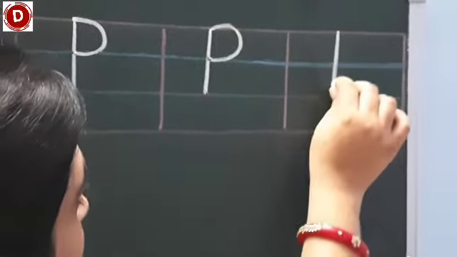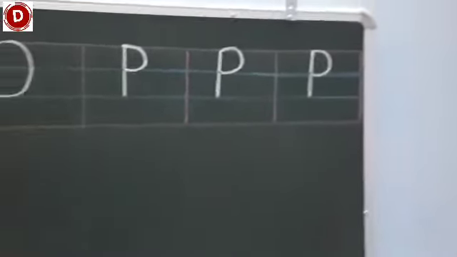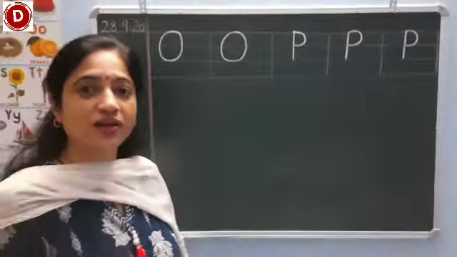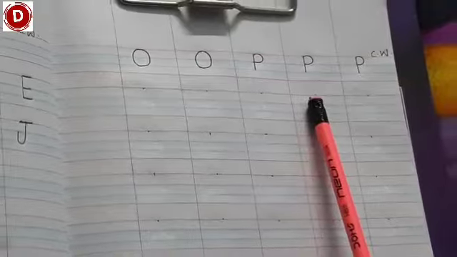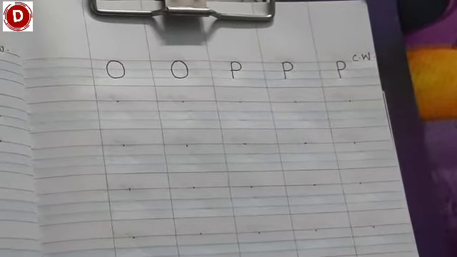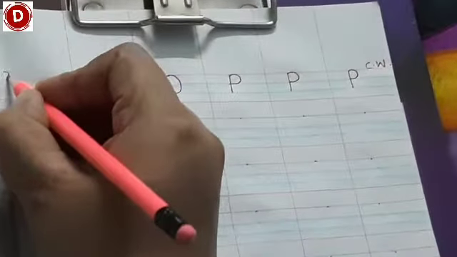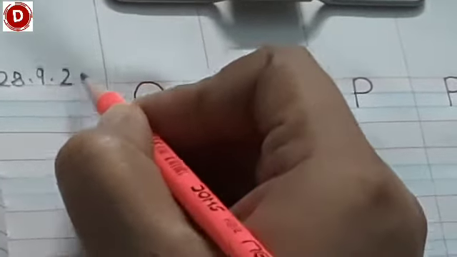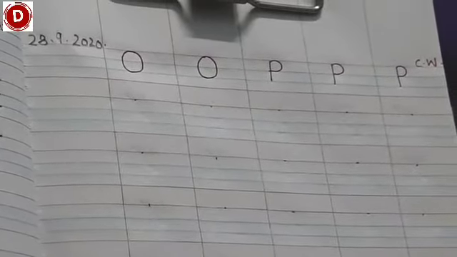Like this, children. In this way you have to write. Now I will teach you in your notebook. And today you will write capital O and capital P in the same page. Okay, so 2 capital letters a day. So now, first of all, we will write today's date. Today is 28th September. Write this. You have to write in this page 28.9.2020. Now, from the first line, first 2 lines, we will write O and next 3 lines capital P.